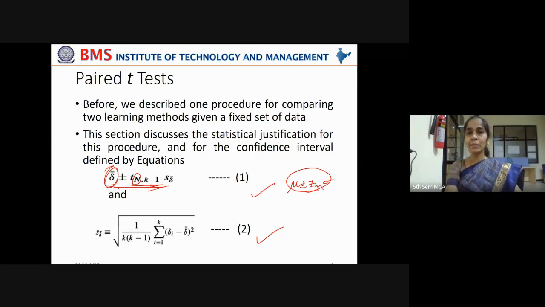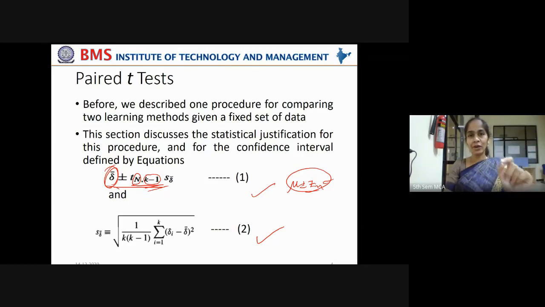What is this degrees of freedom? Each time when you perform the k-fold cross validation, one partition is taken for test set and the remaining k minus 1 partitions are taken for training set. Now, whenever there is some error encountered in that training set, that can be distributed across k minus 1 partitions. So you can distribute the error across these k minus 1 partitions. This is called degrees of freedom. Now say you have reserved 2 partitions for test set and only 8 partitions for training set.